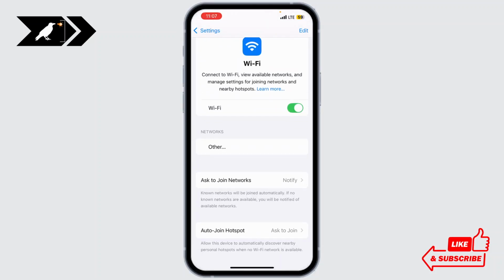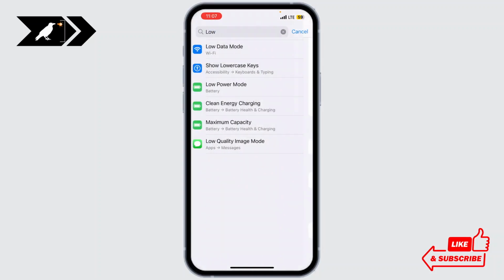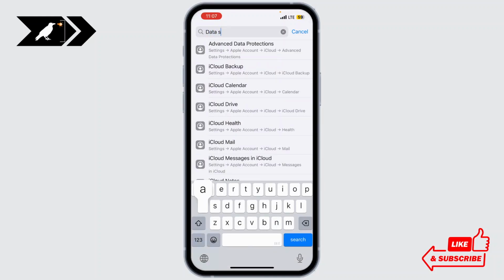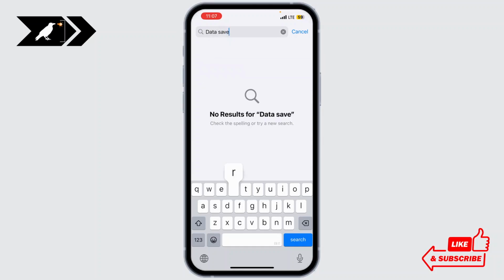When it's off, your phone will no longer restrict data usage for apps in the background, allowing them to use more data when needed. Or you can also search for an option called Data Saver. Now if you have that on, also simply toggle that off, and that's it. You've successfully turned off data